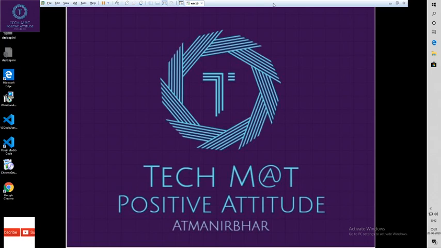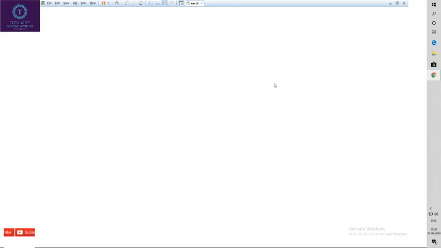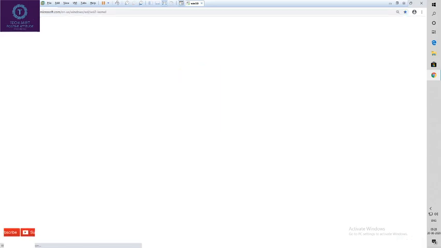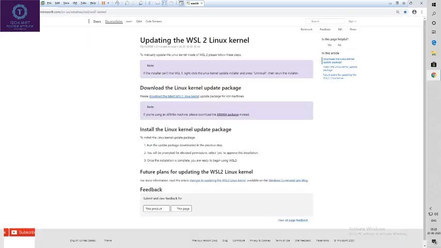Now my machine is up after rebooting. Another requirement is to update the kernel. To do that, we'll open Google Chrome. I have saved the link from where you can update the WSL kernel to version 2.